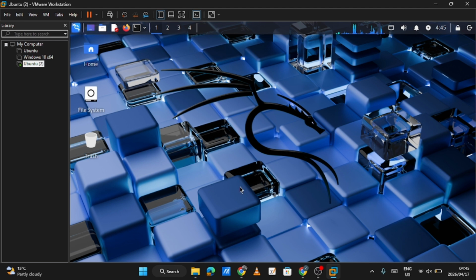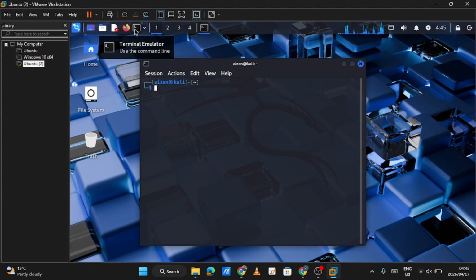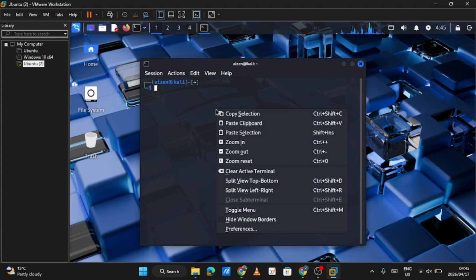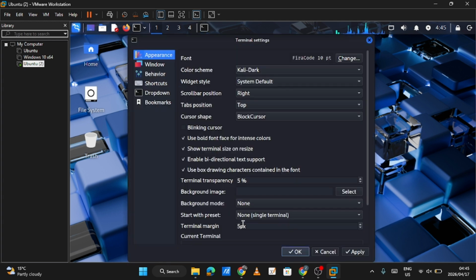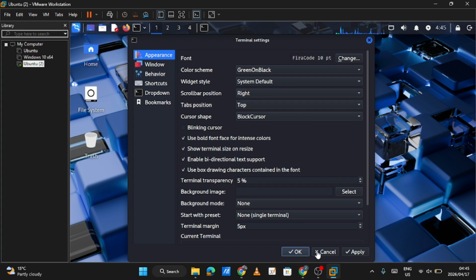And then what else? So we have our terminal. The terminal is the most important thing in Kali Linux, I think. So we have our terminal right here. You can also change the color here at Preferences, and then Appearance, and then Color Scheme. What should I choose? I'm going to choose green on black, right? Apply,